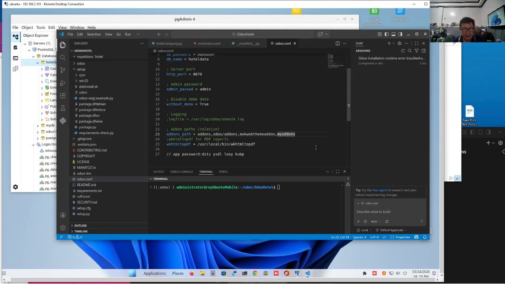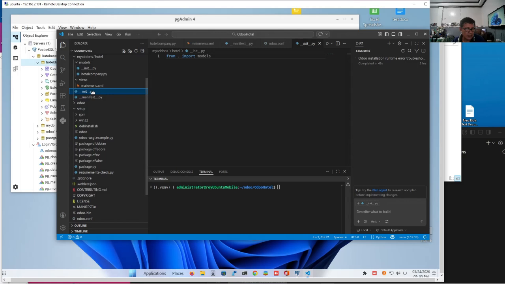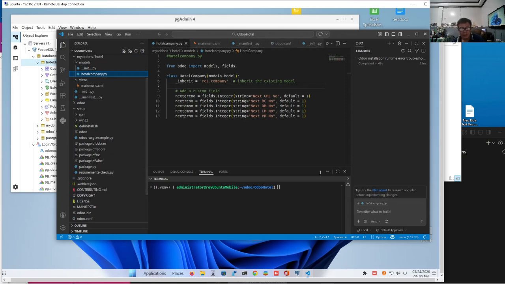So what Odoo does is read all the add-ons path, and it's able to find the hotel add-on because it's in the my add-ons folder, and then it will look for under that folder. It will immediately look for manifest.py and init.py, and since init.py indicates that it is going to import the models folder, it's also going to read the models folder and look for an init.py. It finds it here, and it imports hotelcompany.py. Okay, so I've given you a walkthrough of the Odoo project, and now we are actually doing an actual walkthrough. Okay, so I think we're ready to run this.